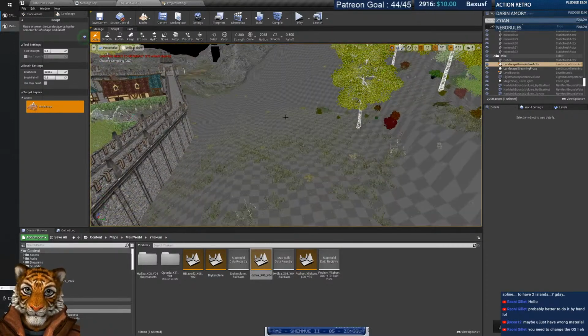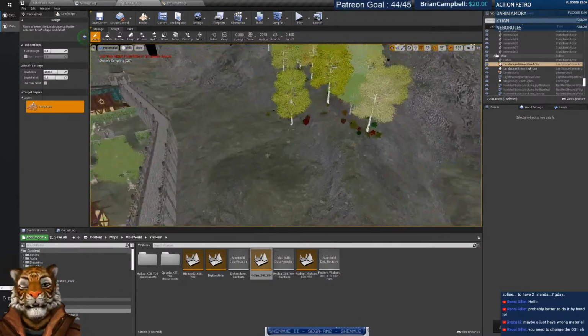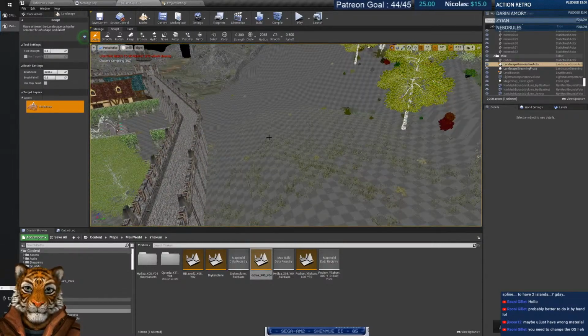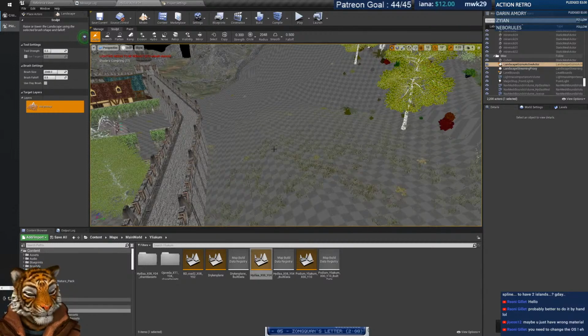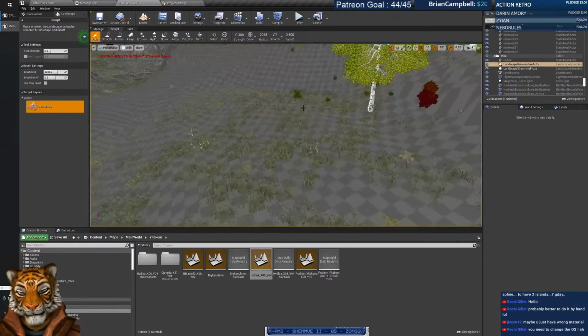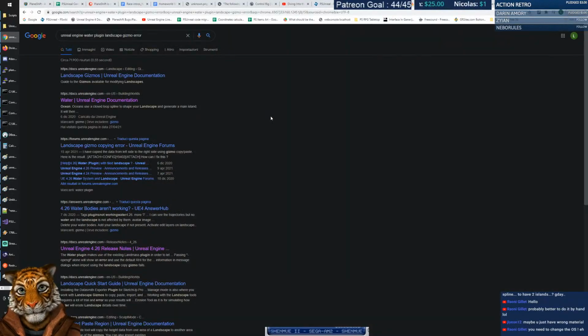Wow. There is the same problem. Holy shit. There is the same problem, boys. So is it possible that in 426 too there is this regression or something? There is a big regression. I mean, you can still sculpt, but you don't see the gizmo. You don't see the gizmo in 426 landscape gizmo